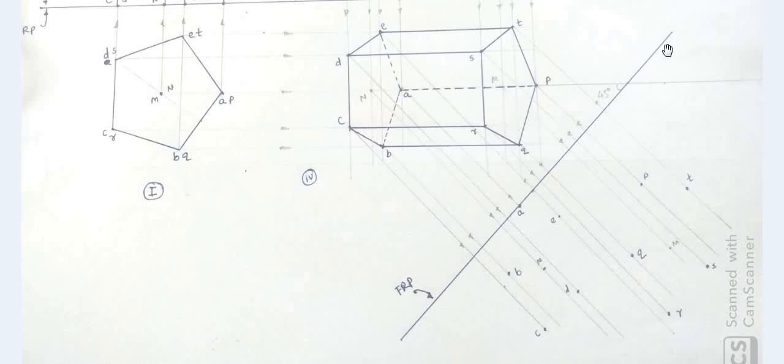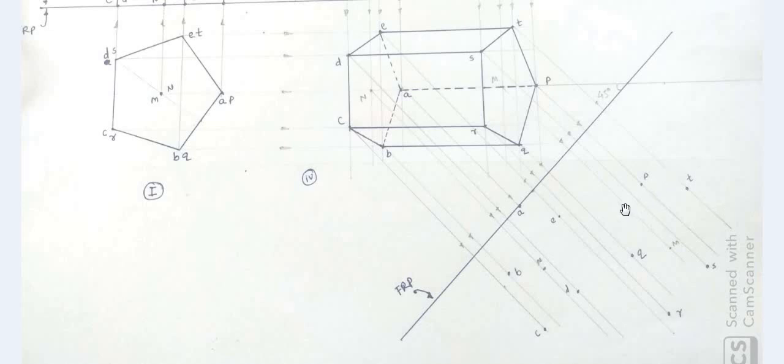In this view, this is the reference line, and this PQRST base is near to the reference line as compared to this base ABCDE. That's why in joining points in this view, the ABCDE base would be completed first with continuous line, then longer edges,